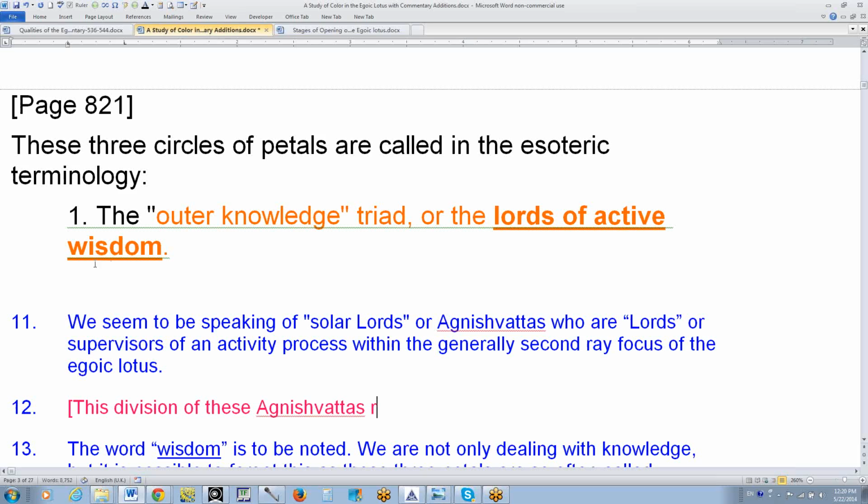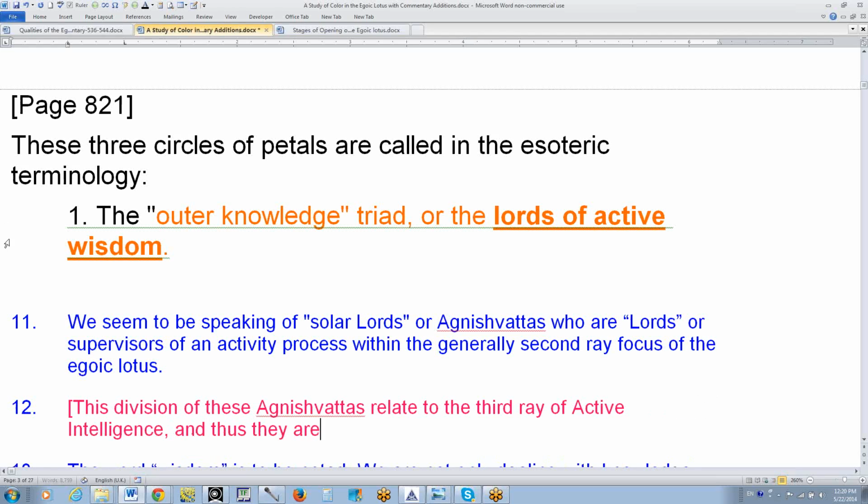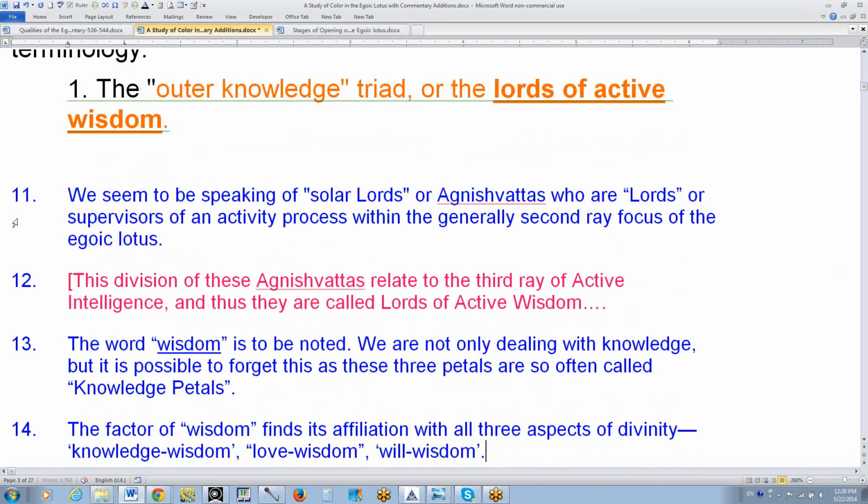Agnishvattas relate to the 3rd ray of active intelligence, and thus they are called lords of active wisdom. The wisdom aspect is on the 2nd aspect, and the activity on the third. The word wisdom is to be noted, and we are not only dealing with knowledge, but it is possible to forget this, as these three petals are so often called knowledge petals. Wisdom is involved